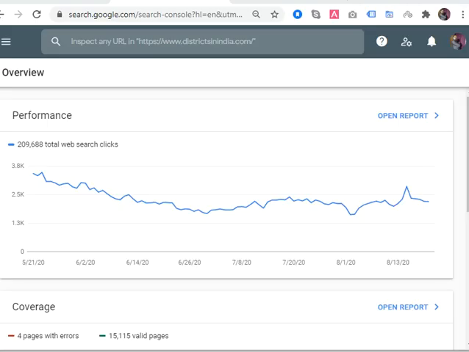So we are in the Search Console, or Webmaster Tool. Why does it have two names? Actually, in the beginning it was the Webmaster Tool, because it is the tool that helps the webmaster a lot to understand visitor behavior on the search engine.